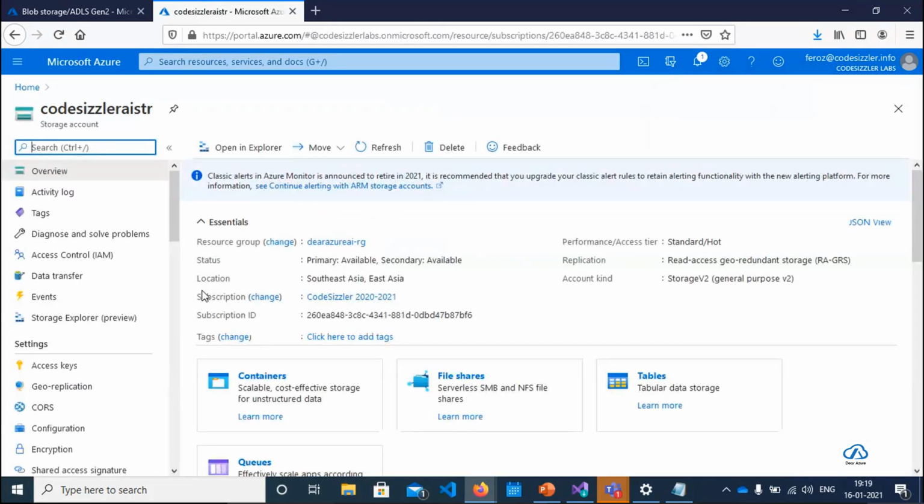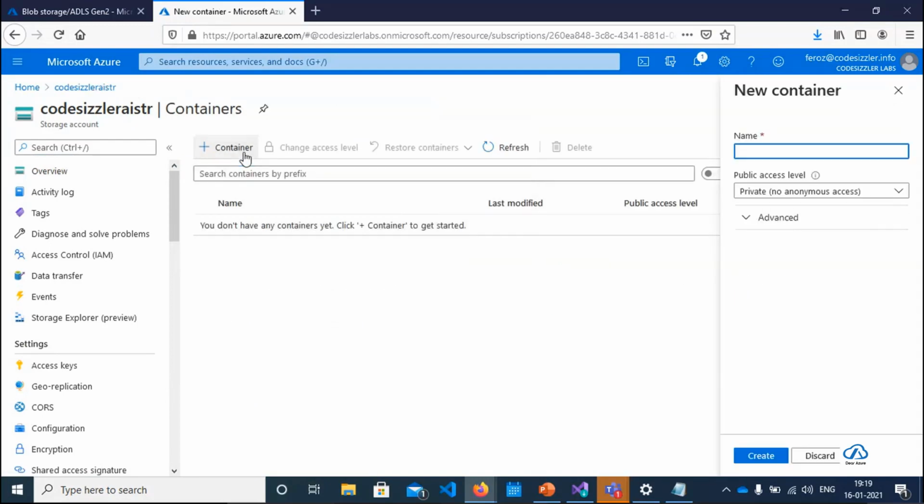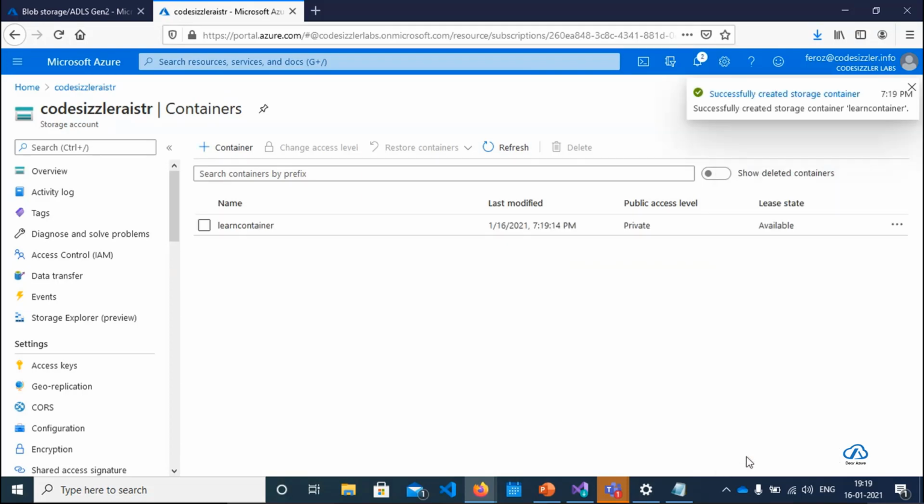And inside the storage, I can create a container and a blob. So let's name it here. It could be in the name of some container name, probably learn container. Learn container, and I'll create it.